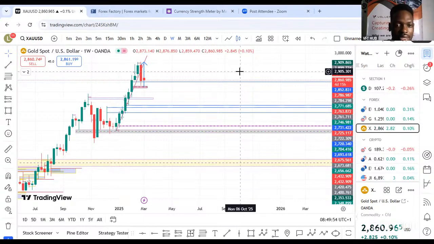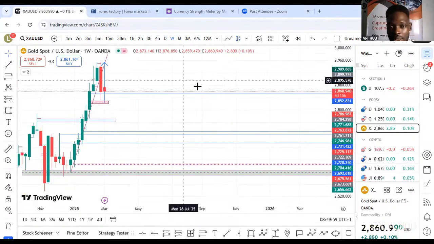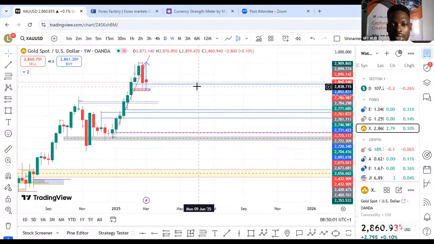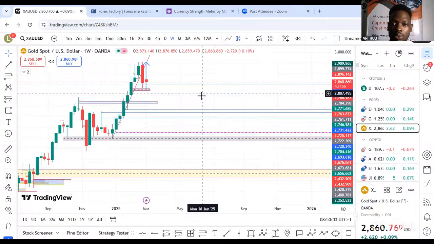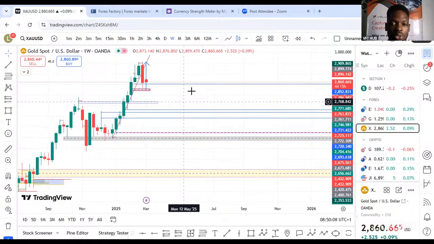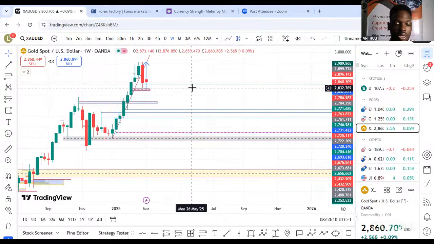You see that candlestick pattern. We have a similar thing happening, and that is also giving us pre-information of what we may likely see on gold this week. It may mostly sell to the downside before we see continuation of its buy trend, probably next week or so. But this week, I'm of the opinion that we are going to see, yes, a retracement to